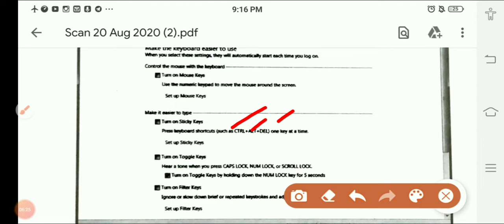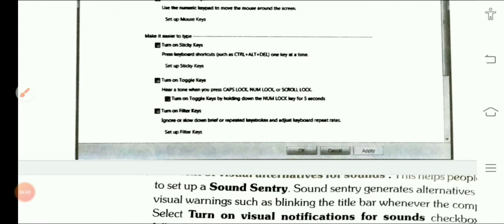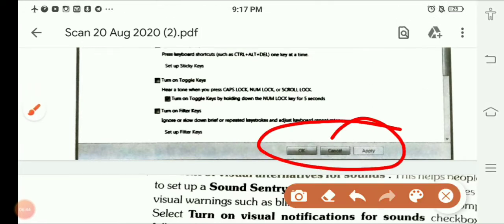But if any person is having a problem, he is not having one hand, then how will that person press both the keys simultaneously? So for that person, the sticky keys option is there. You will enable this option, and when you enable this, you will check here at the bottom. You will click on apply and then click on OK.